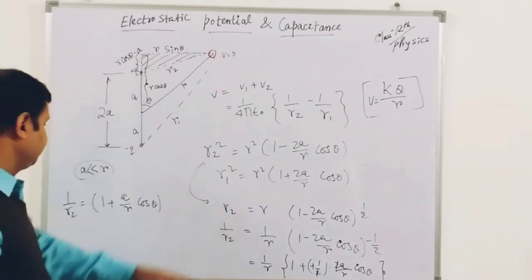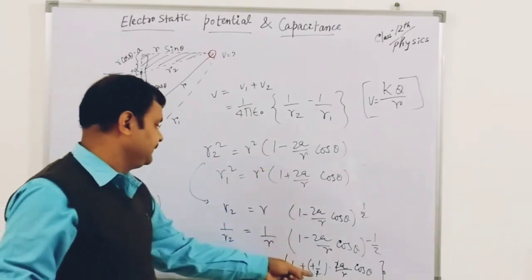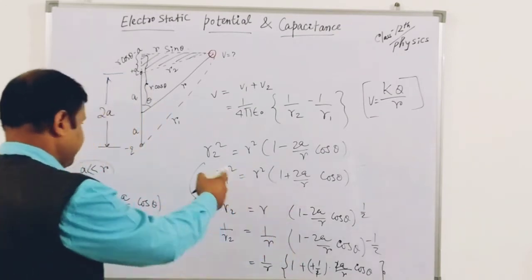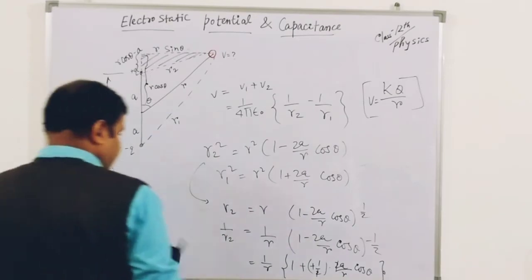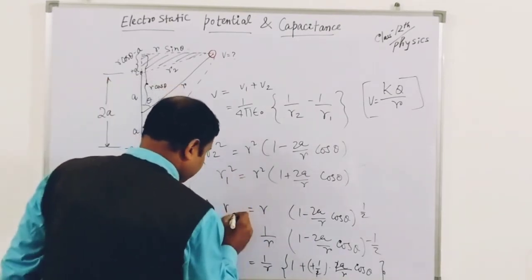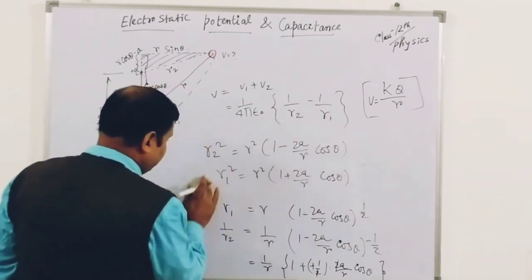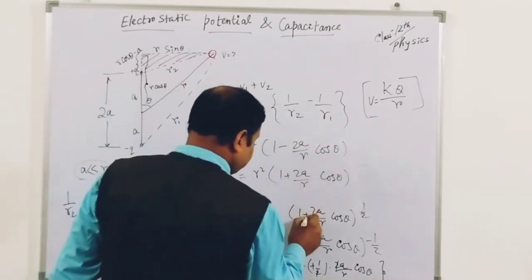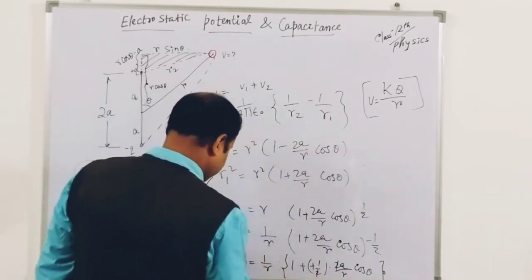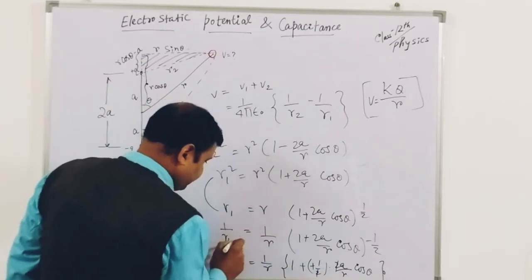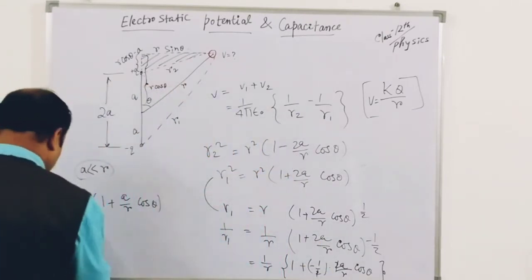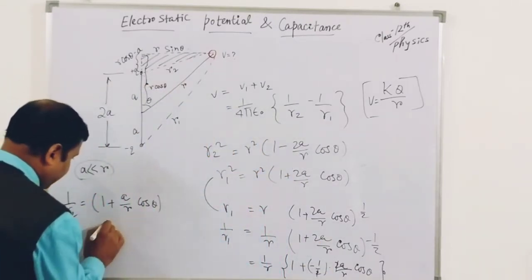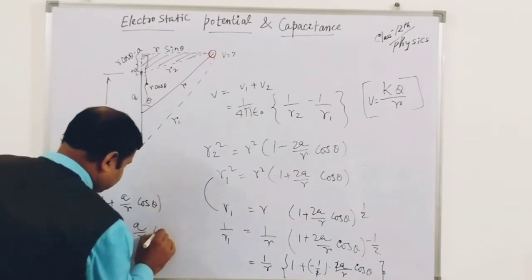Similarly, from this one, this is negative, so it becomes positive. So here also you can prove. Let's check from here also, otherwise you will get confused. So in case of r1 square, now what will happen? This is plus, and in this case this is minus, so this minus will remain here, and from 1 by r1 you will find this is 1 minus a by r cos theta.